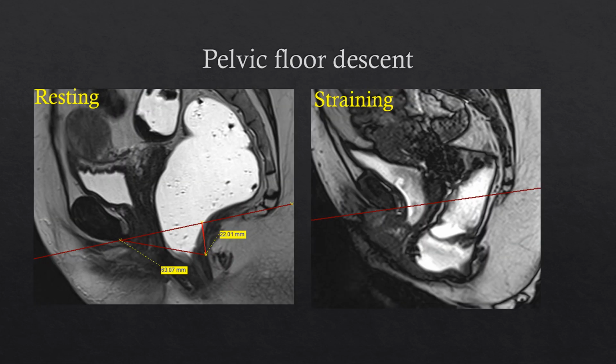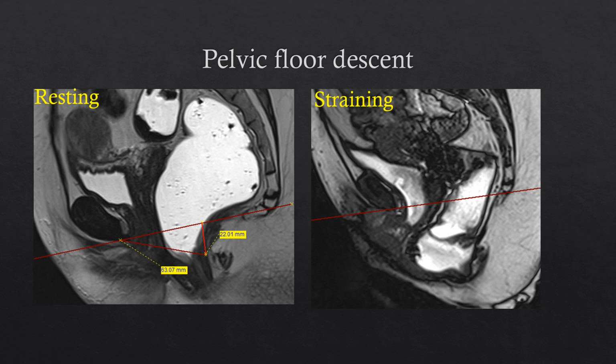So let us measure our H and M lines during resting. Here, during resting, the H line is 6 centimeters. It is above the normal. And also the M line is 2.2 above the normal. This one is before straining. Once we start to strain, the bladder neck starts to descend, and also we have significant